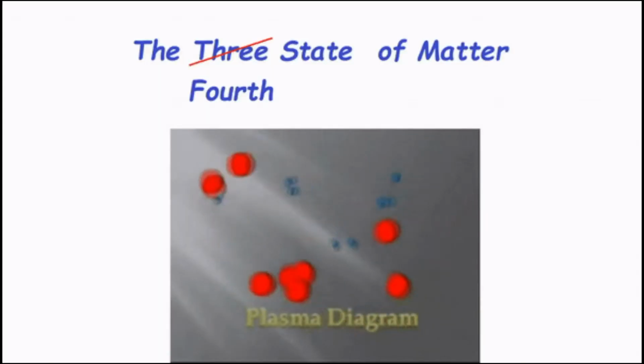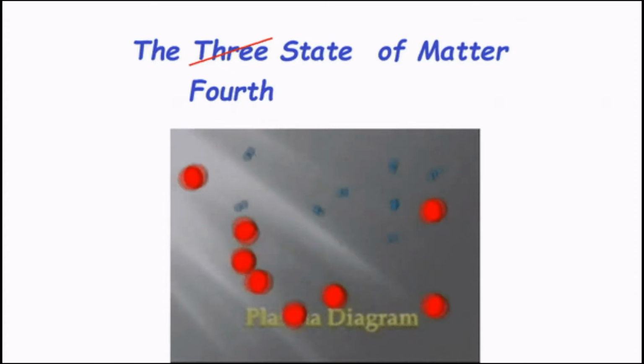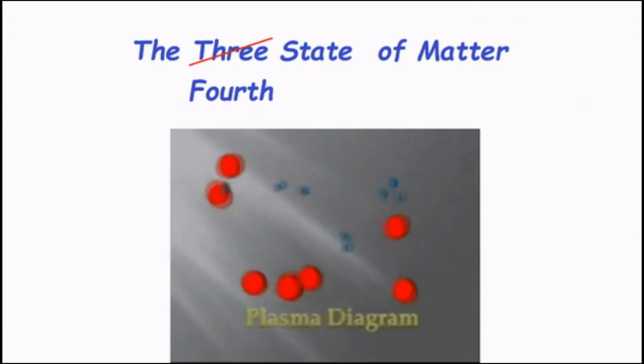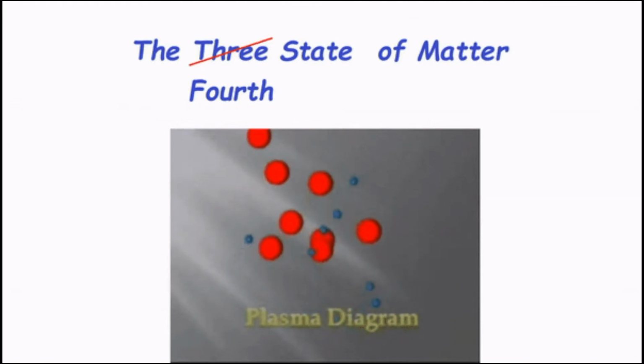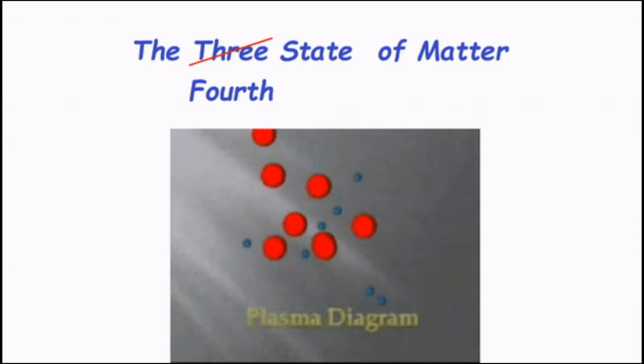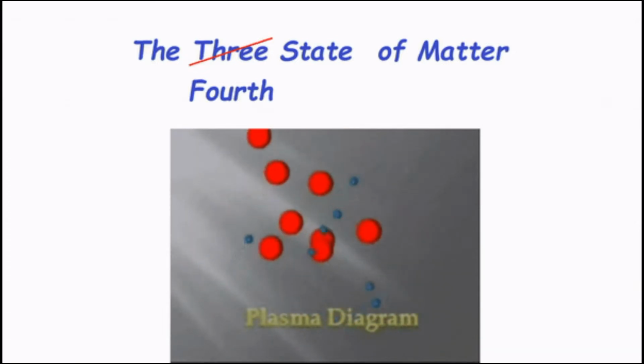Okay, and you say, well, Bill, everybody knows that's common knowledge. Plasma is the fourth state. Okay, let's find out if that's true. Okay, here we have it. That's plasma. But I see a problem because it's a state of matter, but it doesn't seem to be much of a state. It looks like it's moving. It looks like it's moving all around. Something's happening inside, in front of my eyes. I don't know about yours, but I see everything moving.